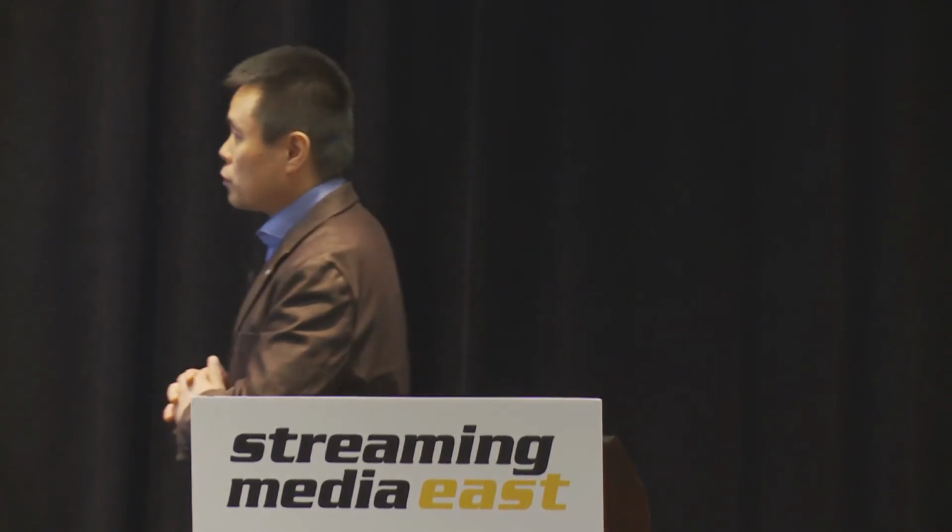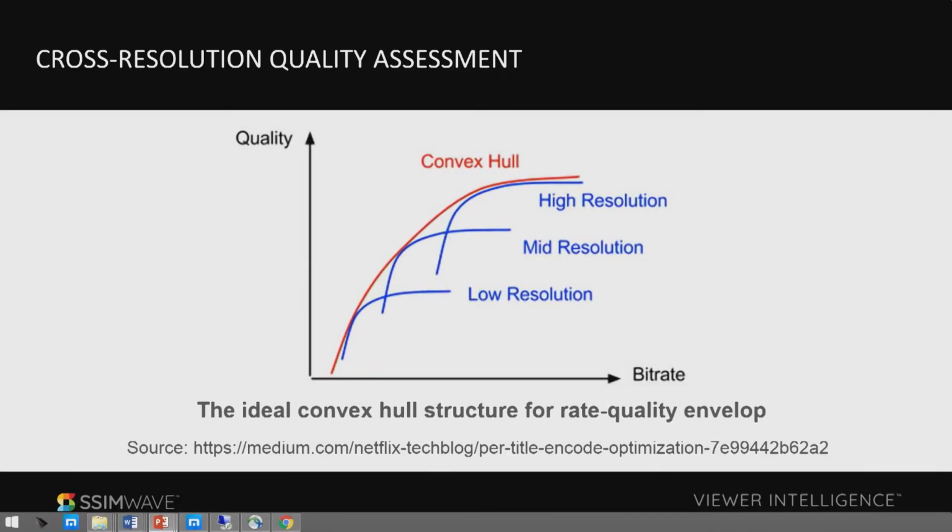OK, so let's come back to the properties. What do you really want to have in an ideal quality metric? We should really thank Netflix, because on their website talking about per-title optimization, they draw this nice, beautiful convex hull structure. This picture tells you exactly how an ideal quality metric should behave